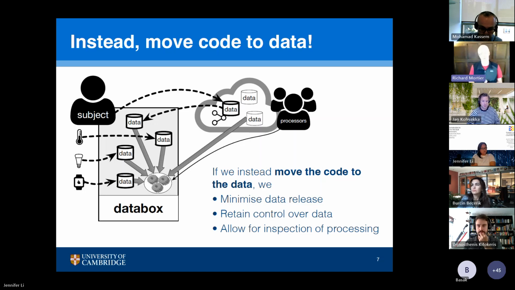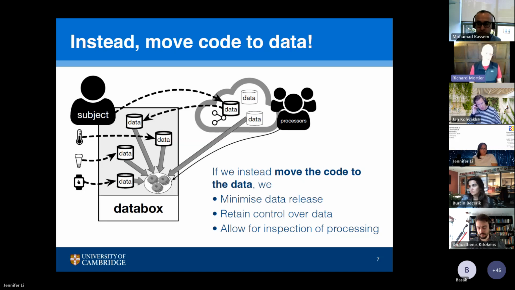The idea was that you would be in control of that. So you would control the device that had the data. It would not go to some big data center somewhere in the cloud. And instead, the people that wanted to process your data would send you pieces of code that you would be able to inspect in some way, or at least the platform would give you inspection points, if you like, to tell you what the code was doing, what data was being accessed, how it was being accessed, how often it was being accessed. And you would be able to look at that data, look at that metadata, if you like, and understand what was happening to a much greater extent, and potentially even control the release of results of that data processing. So rather than releasing the raw data, after which point you can't control what's done with it,